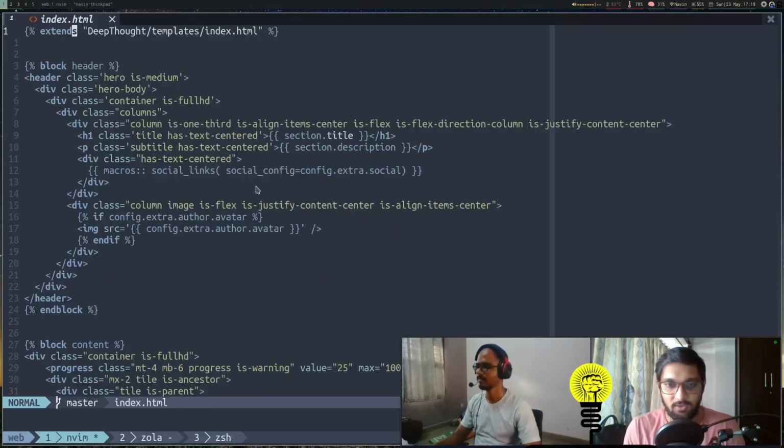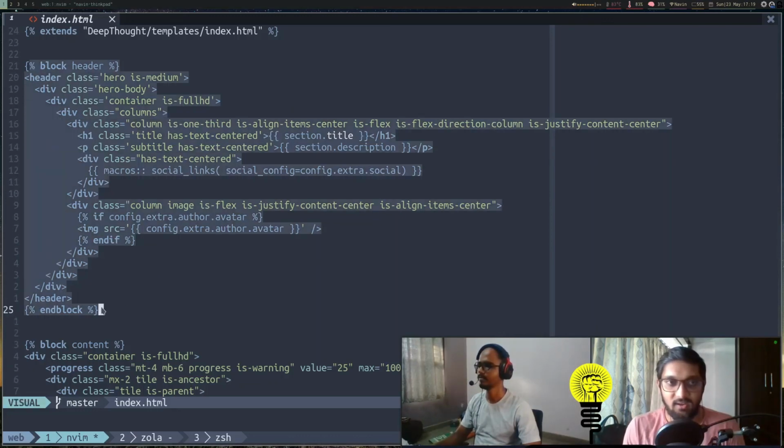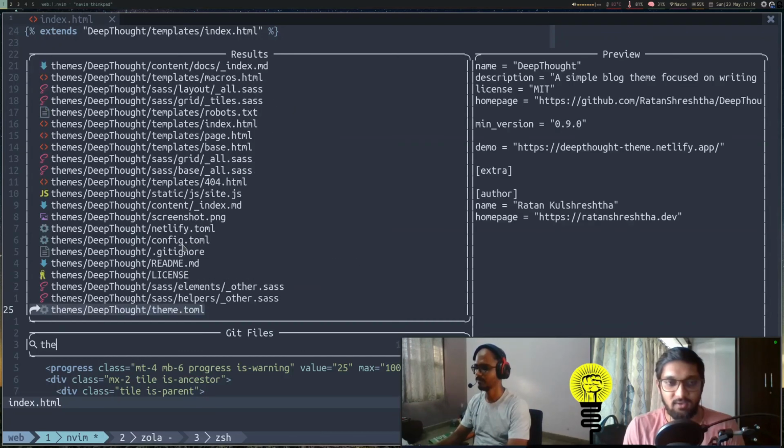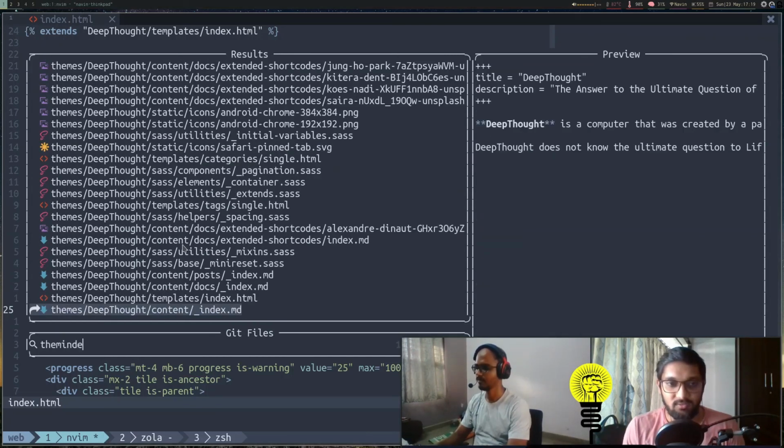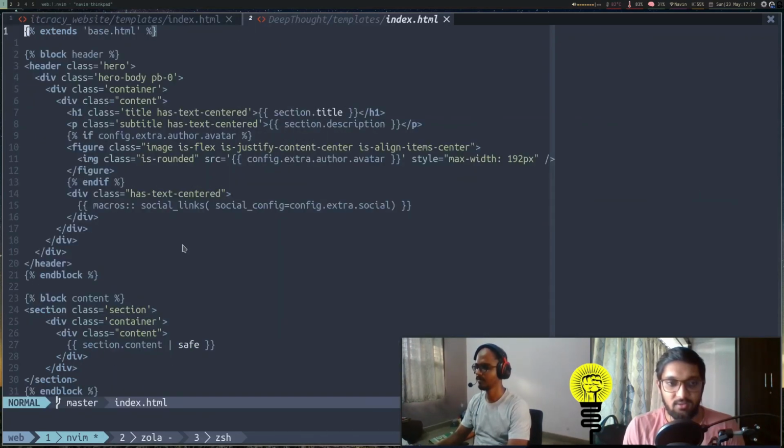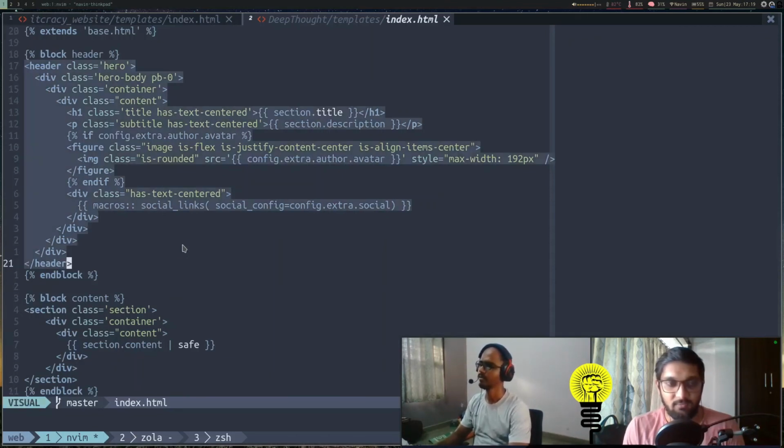If we look at our index.html page, we can see there is another block named header. There was this block in the theme's index.html. If we go to the theme's index.html, we can see there is this header block.